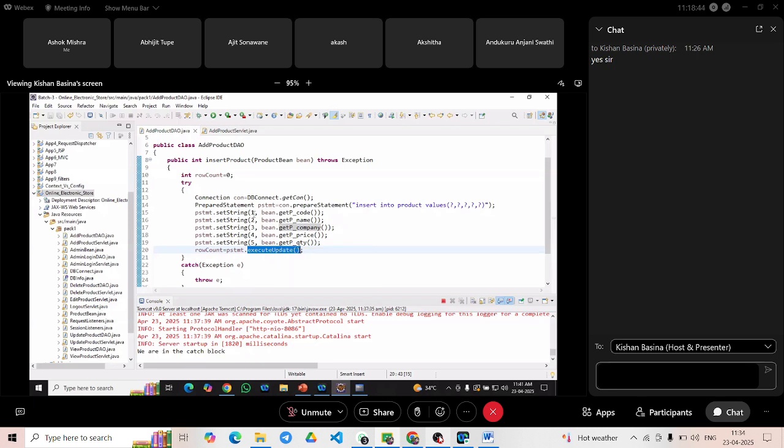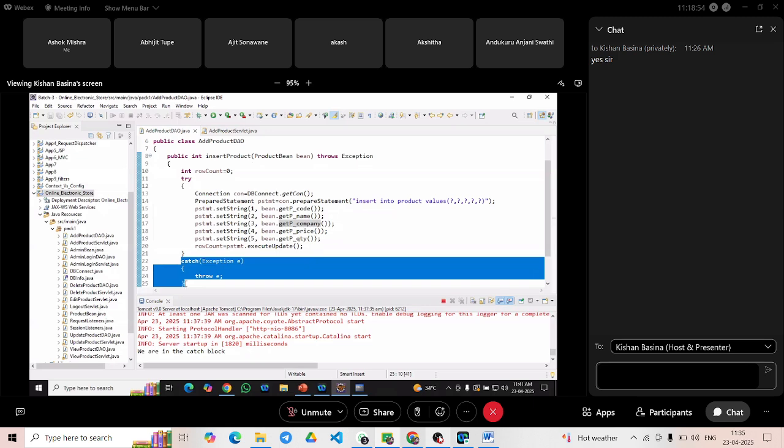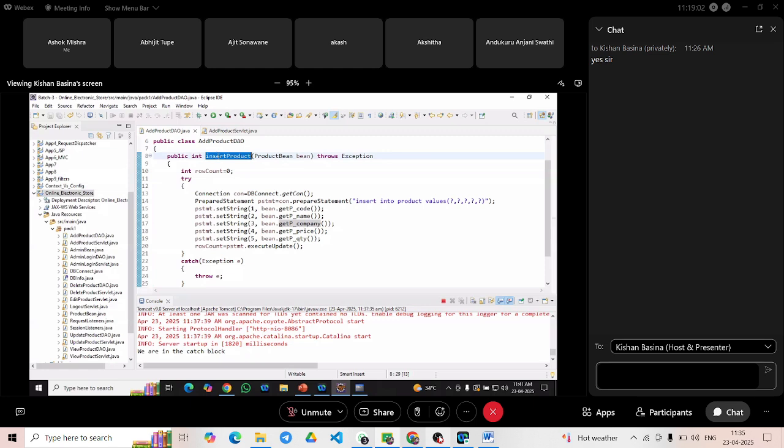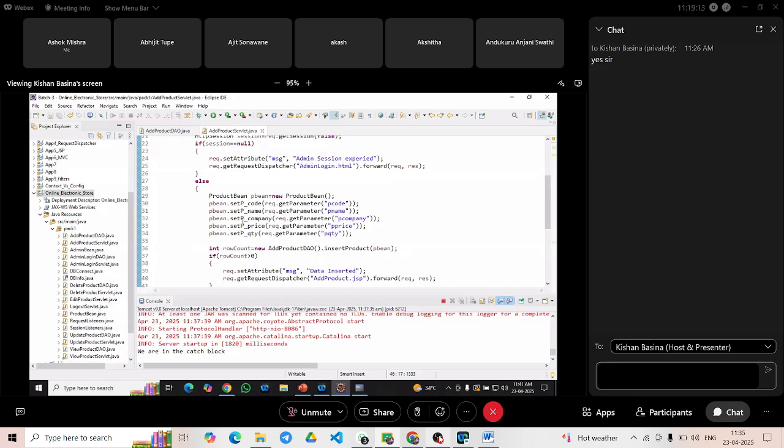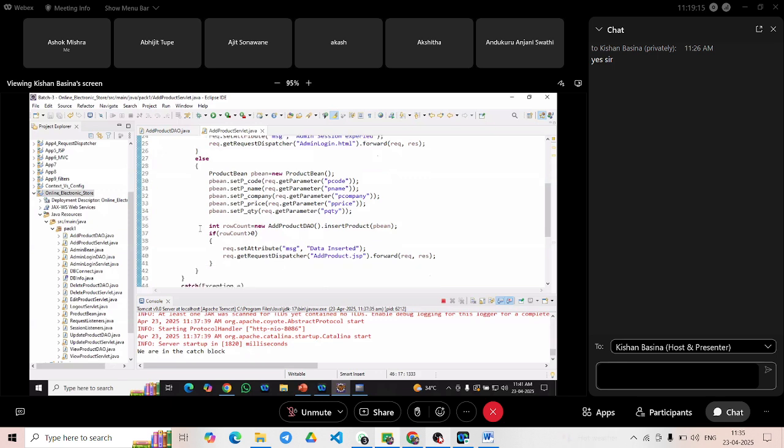As we are using the same product code, here we'll be getting an exception. But here I am not displaying that exception message. I am throwing that exception. So which method are we calling? We are calling this insert product method from add product servlet. Yes or no? At which line are we calling it? Line number 36. That exception from here,